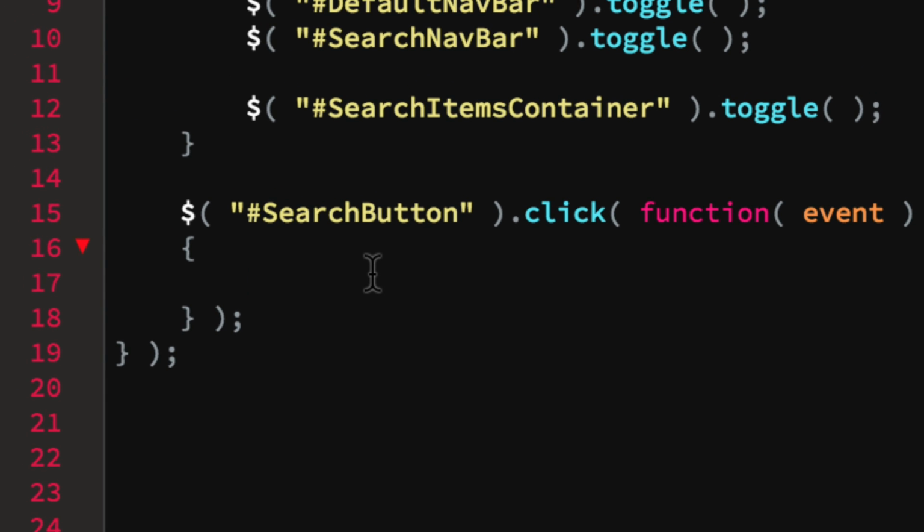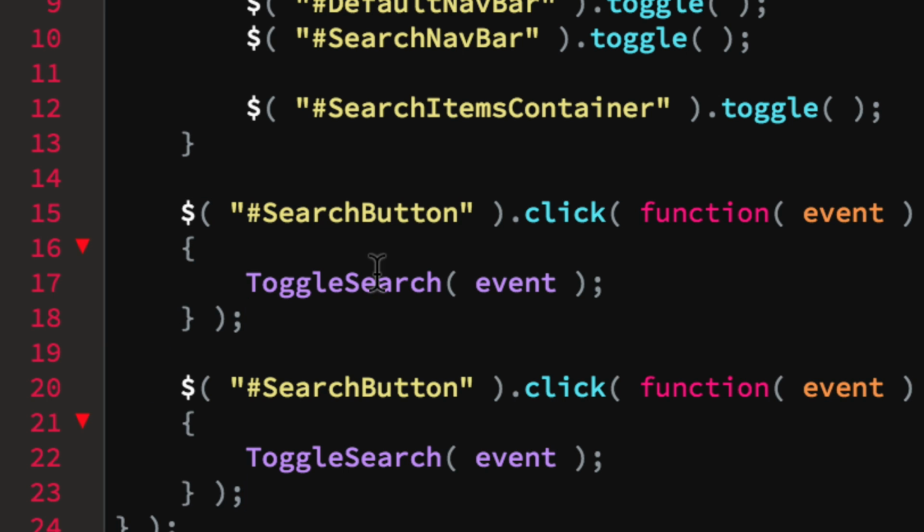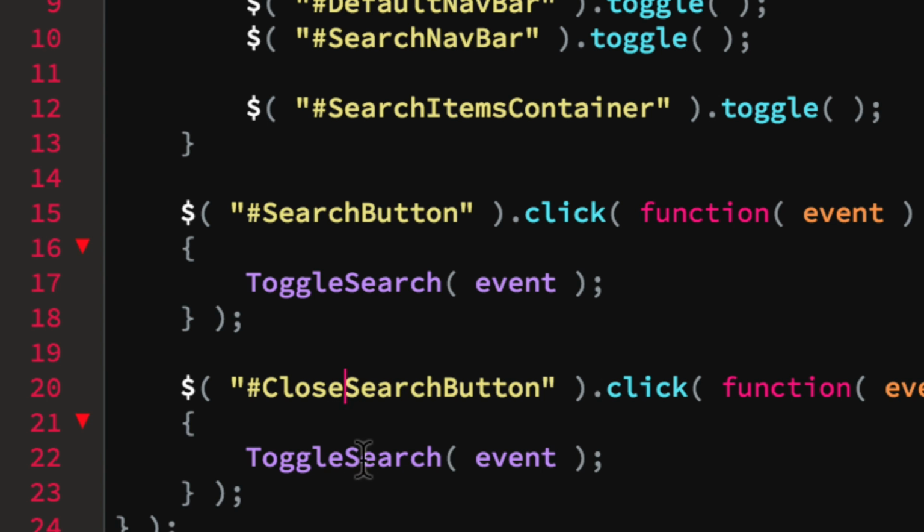So in here, this is going to be simple. It's going to be toggle search. I'm going to pass in the event. That is it. That's all we got to do. And we need to select that. And we need to do the same for the close search button. The actual functionality within here is exactly the same. And now